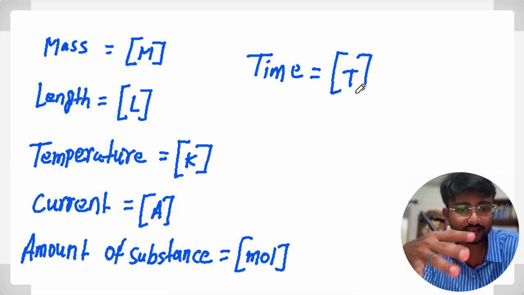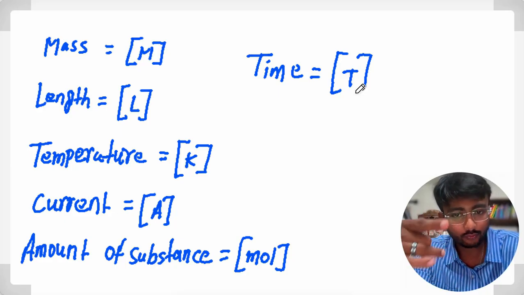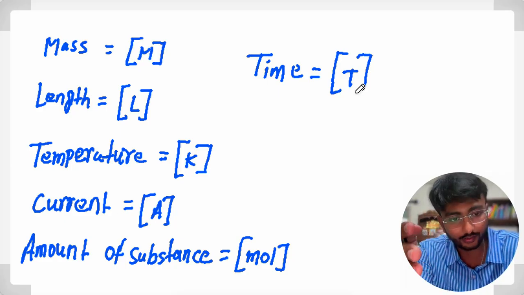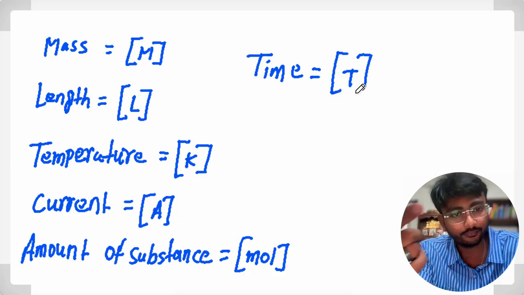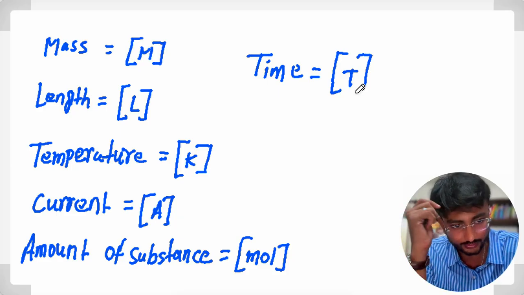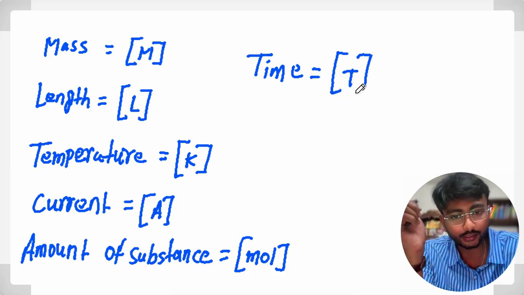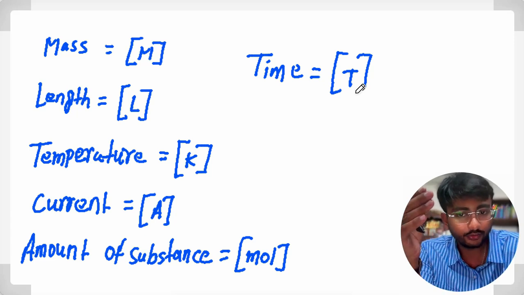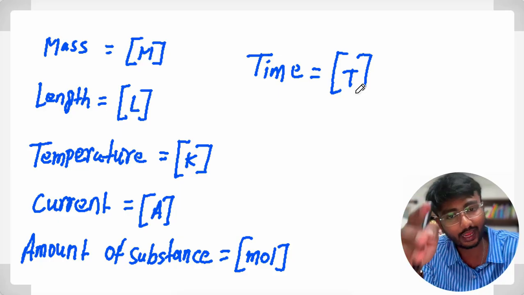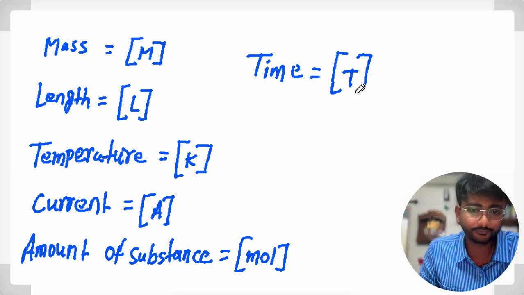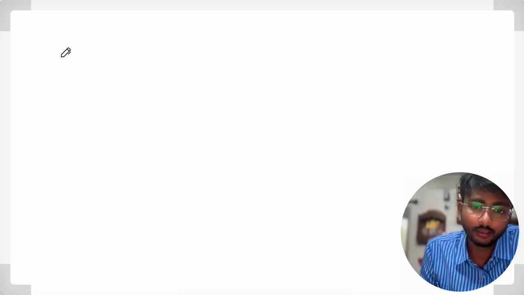Now we will understand how we can calculate the dimension of any derived quantity, right? So you know that a derived quantity is what? Those quantities which are derived from any fundamental quantity or other quantities, right? That are called derived quantities. So now we will know how we can calculate the dimension of any derived quantity. Okay, so now let's start with